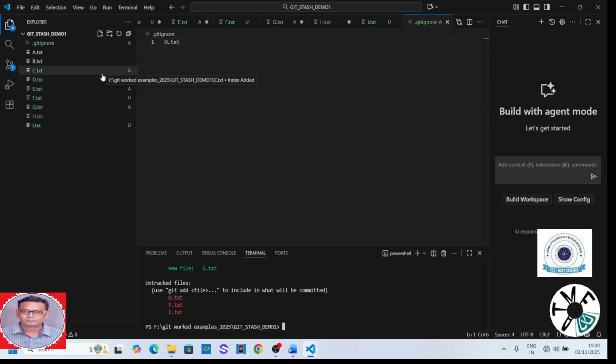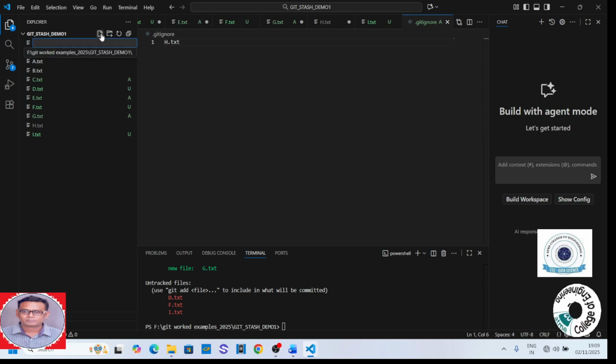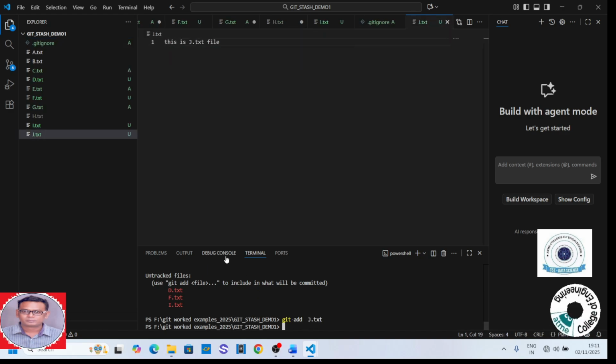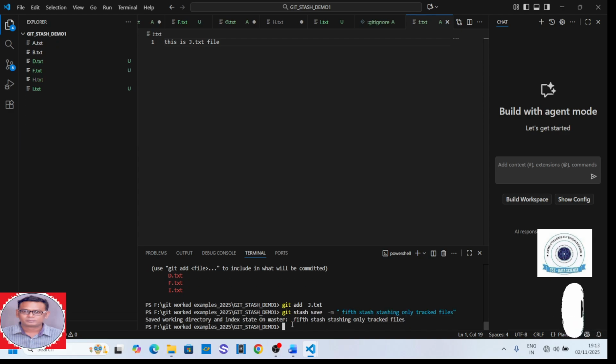So I'll create one more file, j dot text file. Click here. I'll type something. Clearly you can see here the symbol changed from U to A. That is, it has been added to the staging area. So we'll create the last stash. This is our last. So clearly you can see those files which are tracked are removed and